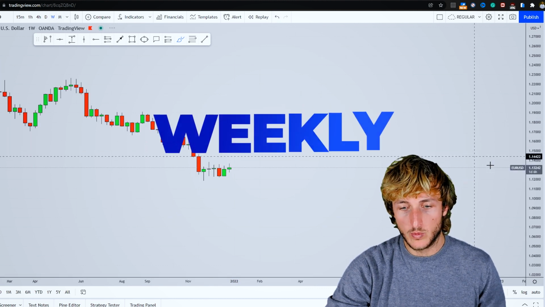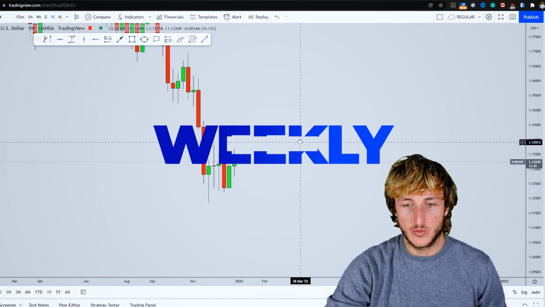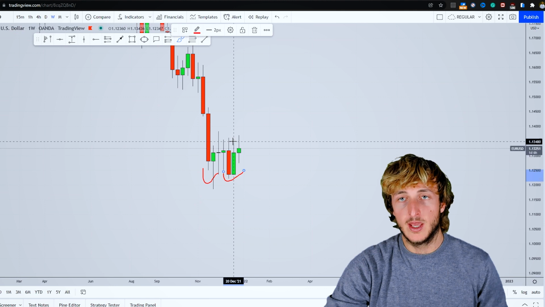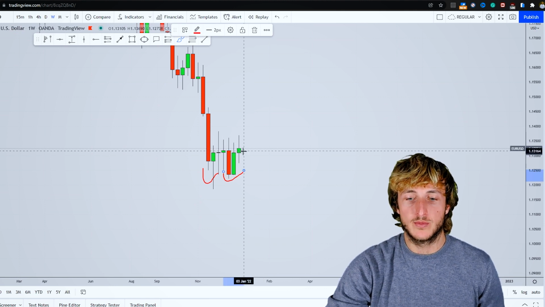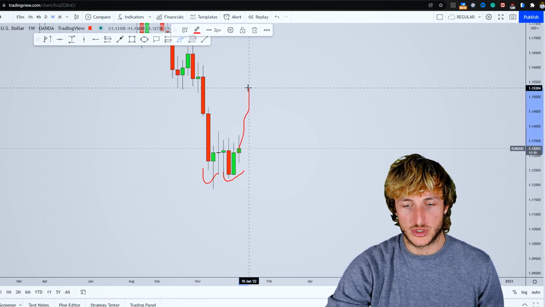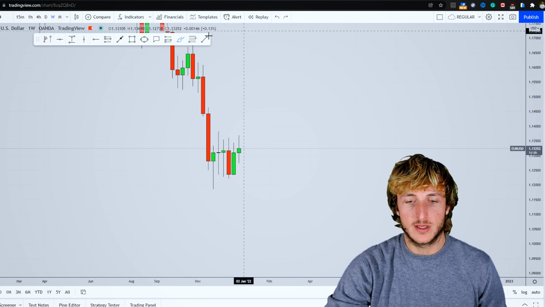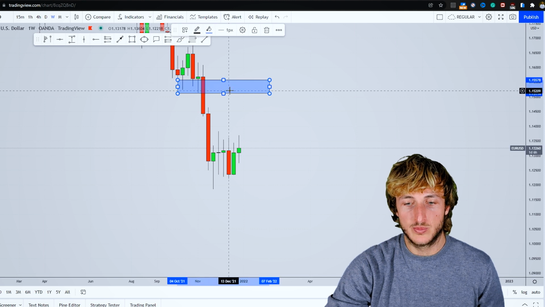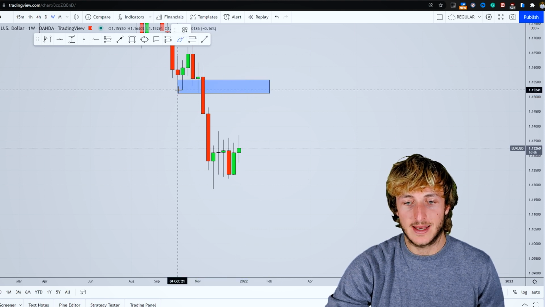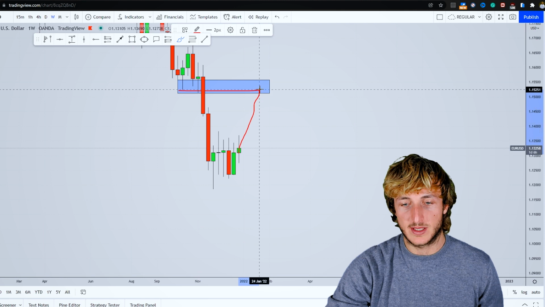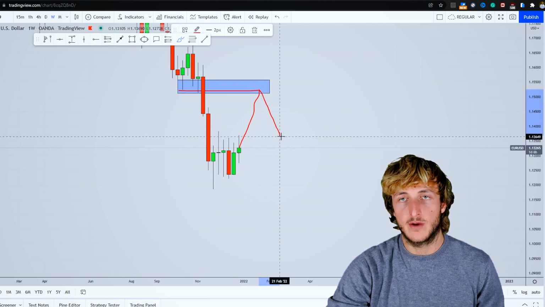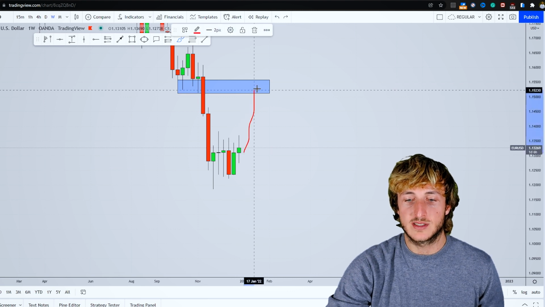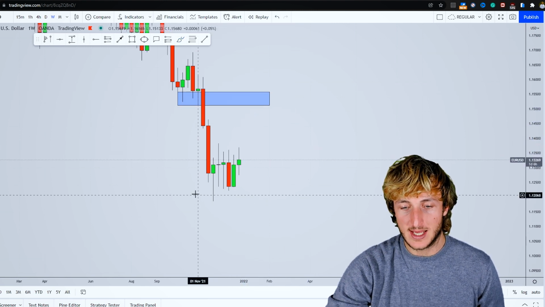Dropping down on the weekly time frame, what do we have? Now here on the weekly, we can see how we have already created this double bottom. Now, in general, after the creation of a double bottom, you do expect the market to provide a rejection higher. And in this case, if we look at the structure that we have here on the weekly, we can see how the exact previous support turned resistance is currently lining up at this area that we do expect the market to go and test, before then obviously a potential rejection to the downside. But at least in the short term, we can expect more continuation to the upside as the market has already